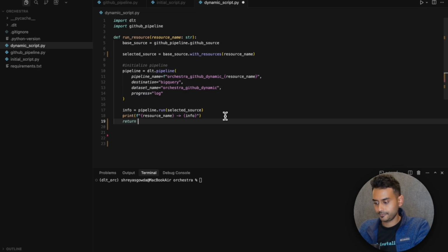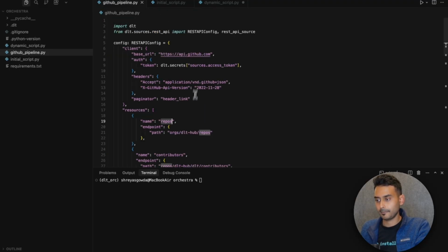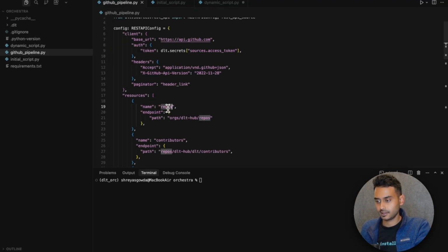Return info. Now let's create the main function and define a variable called a, which will call the function run resource with the argument, the resource name from our GitHub pipeline REST API source. So in this case, let's take repos